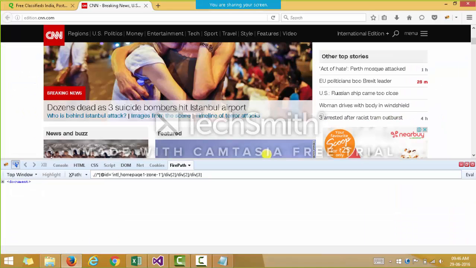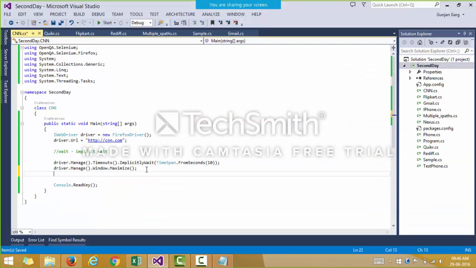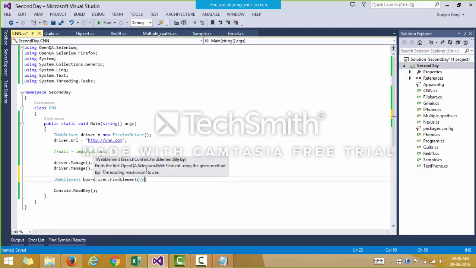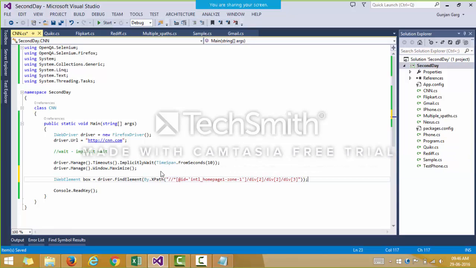So if we consider the XPath of this outer box, okay, so this is the XPath. And then we have extracted the box.